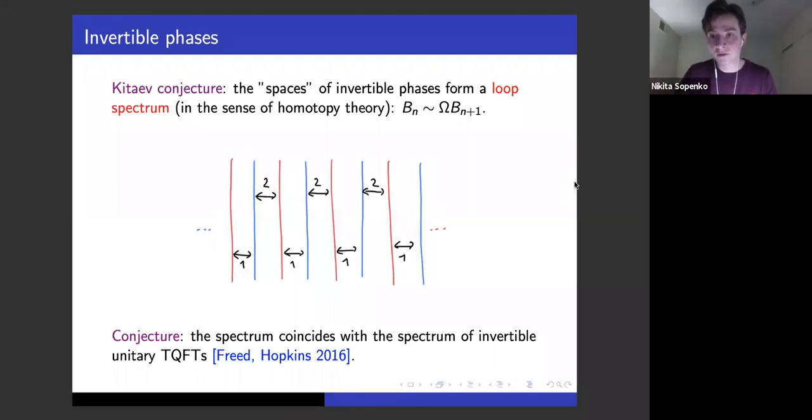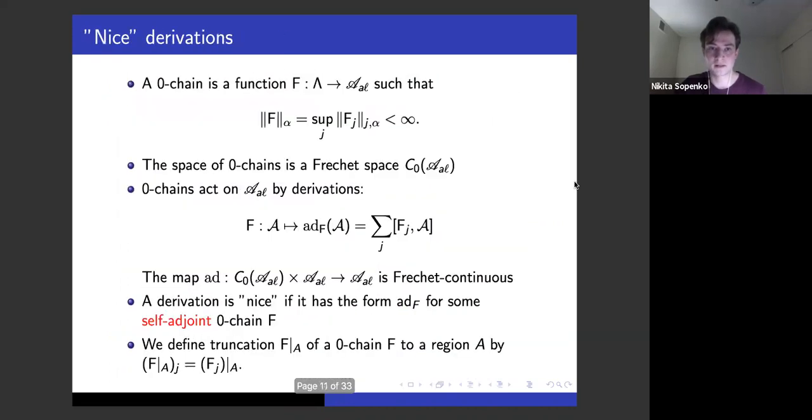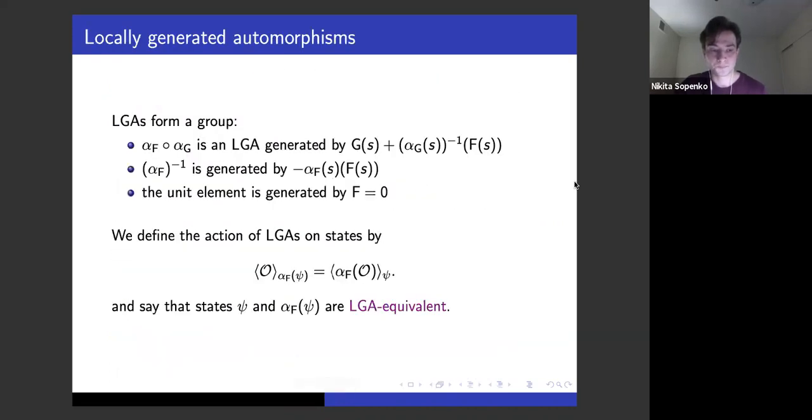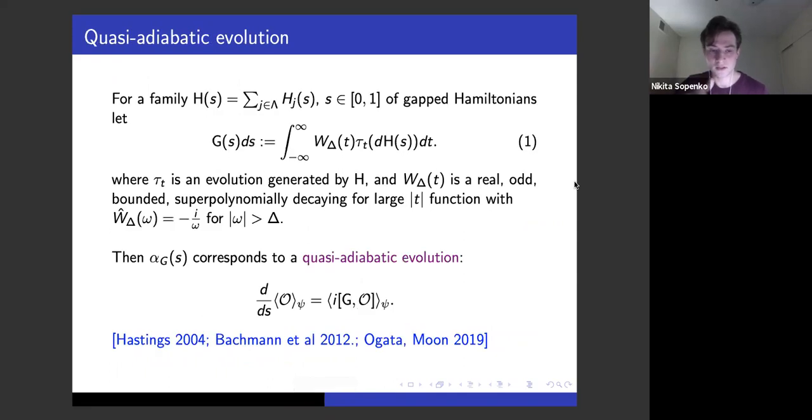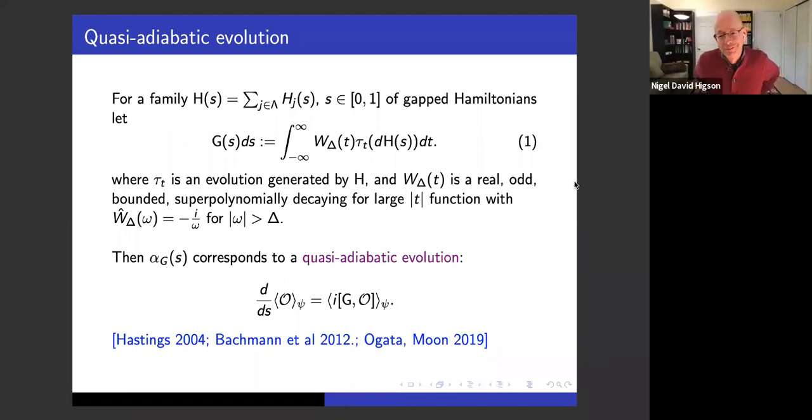But this is not just this trivial spectrum. In 2 dimensions, we expect that there is more to that. There is some new invariant that appears at 2 dimensions, and we don't really have an idea how it looks in 3 dimensions. There is an idea that comes from this Freed-Hopkins conjecture, but from the lattice point of view, we really don't understand that. So this is just an expectation from this idea of Kitaev, maybe more optimism than anything else.